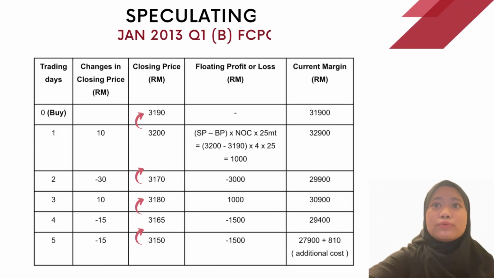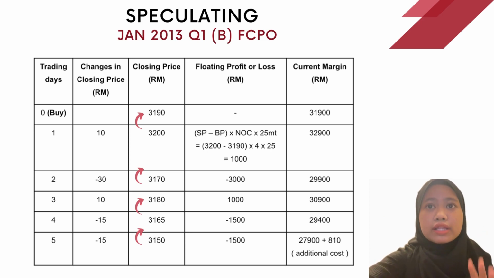After that, we need to make a mark-to-market table. To begin, make a table like the one in the question that shows trading day and change in closing price. And then in the closing price column, start from day 0 with 3,190, and then for the next day just add 10 from the change in closing price, which gives us 3,200. And for the second day, which is negative 30, we need to subtract from the previous closing price,